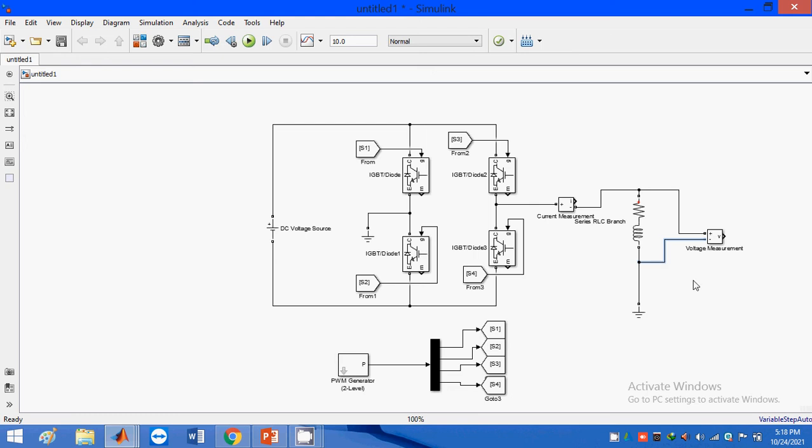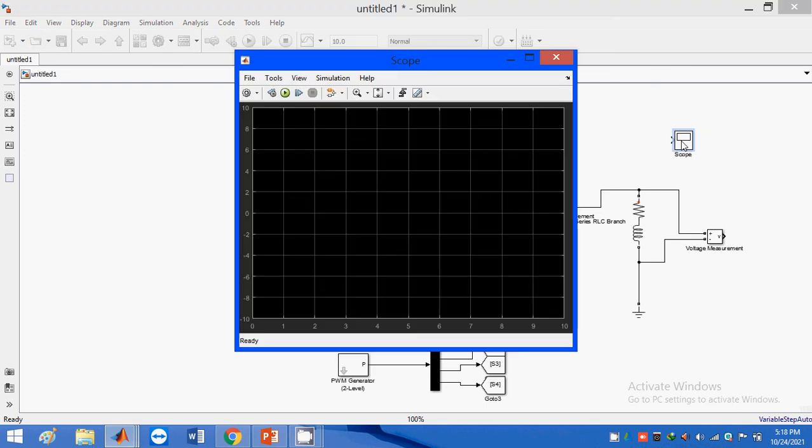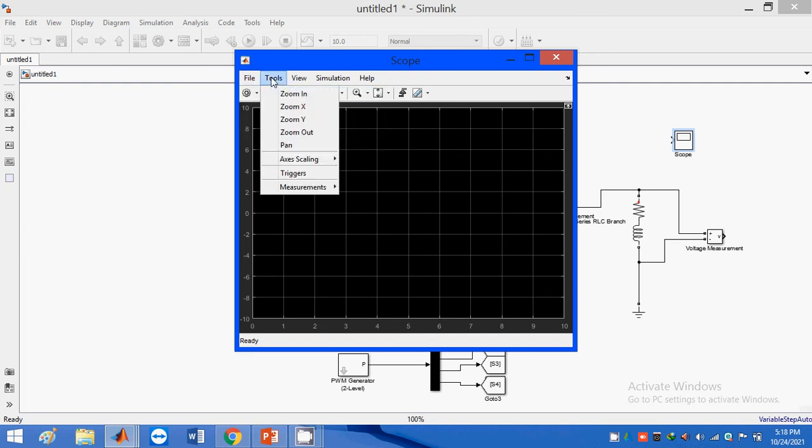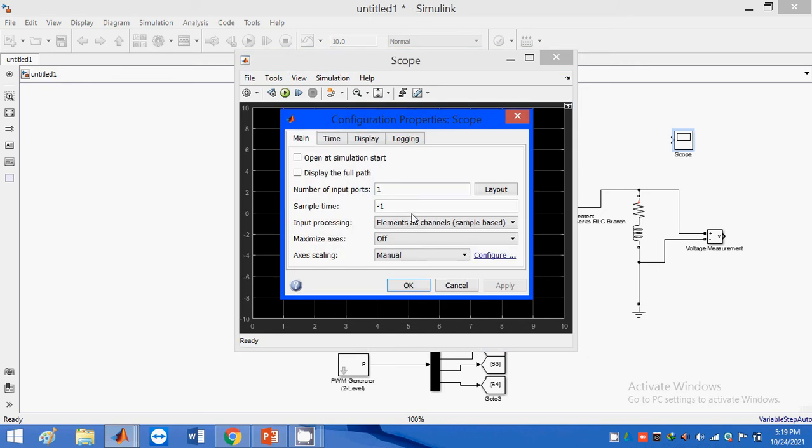And finally I need to check the scope. I just want to see the waveforms. How am I going to check? Just place this scope box and change the variable name. Click on the configuration parameters and change the input variable layout, in the format like this.